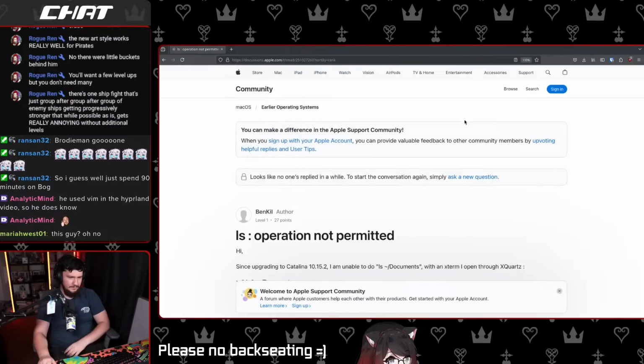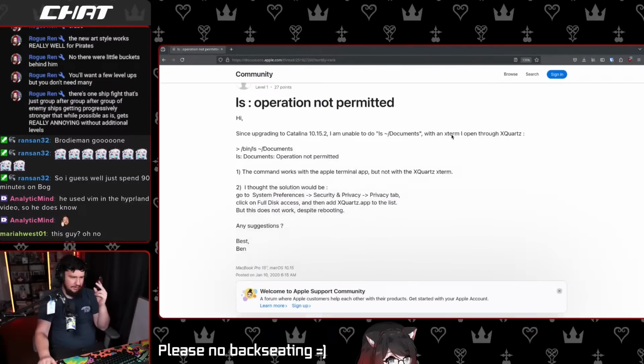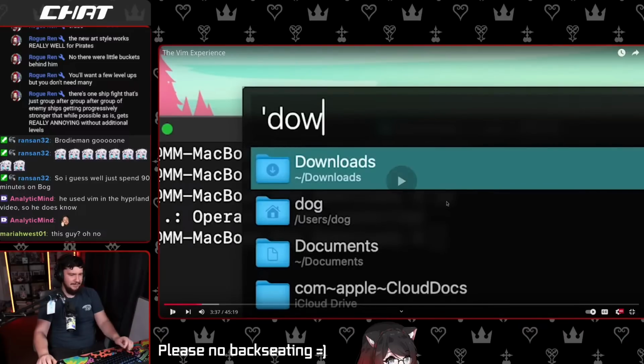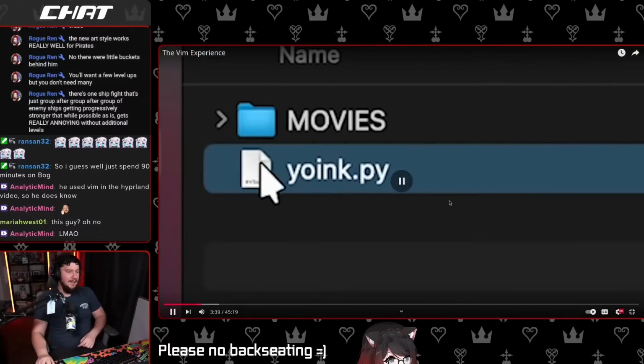I can't ls documents. Put terminal.app in security and privacy full disk access. Macs are weird. Normally, I can't even fault him for this one. That's just a macOS issue.